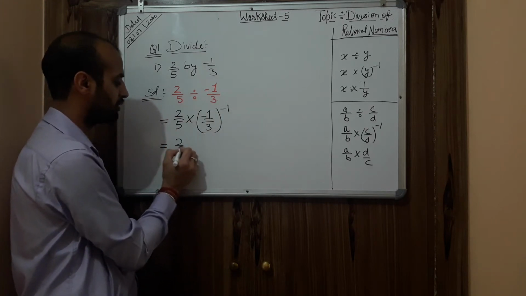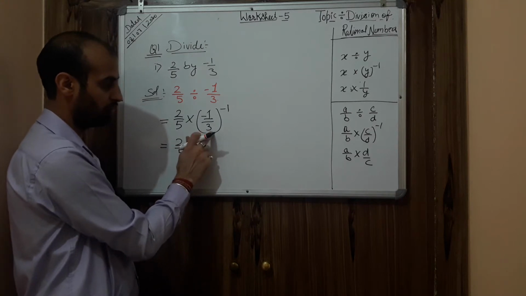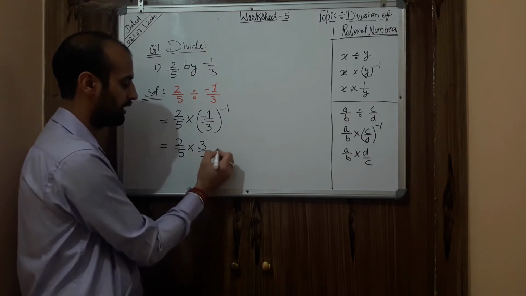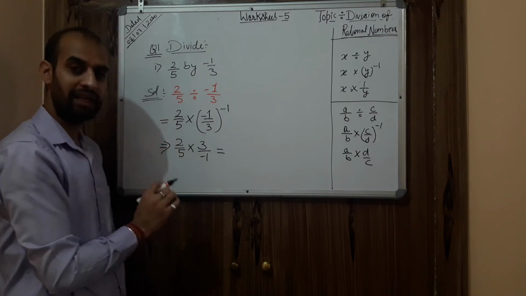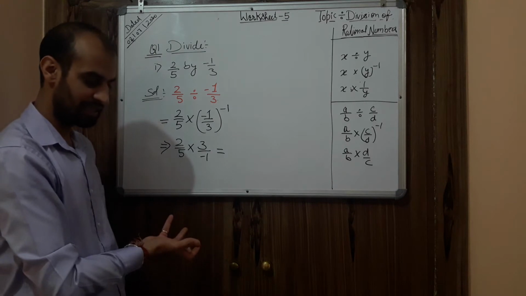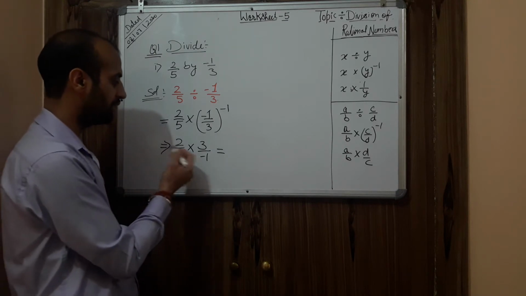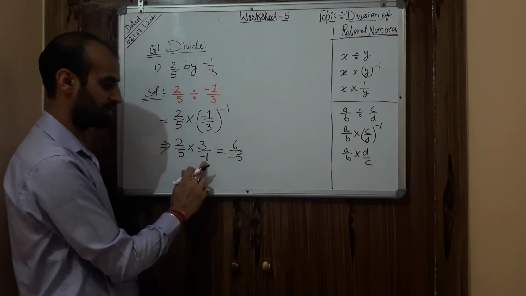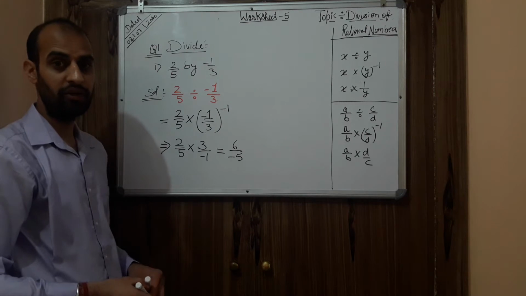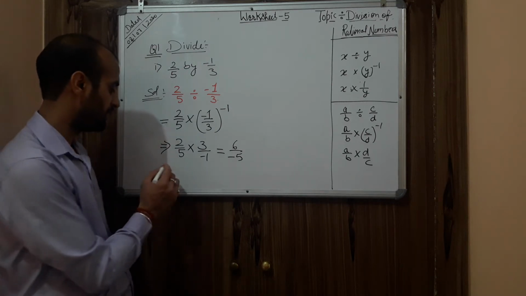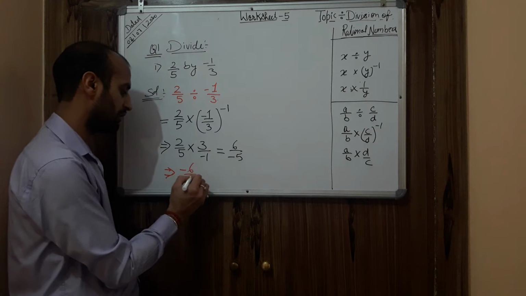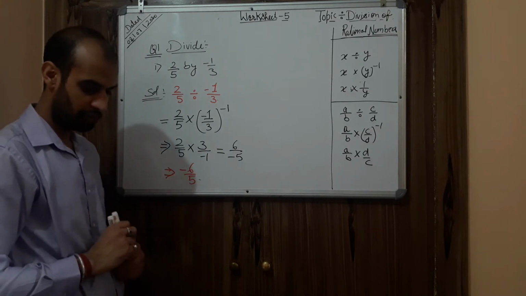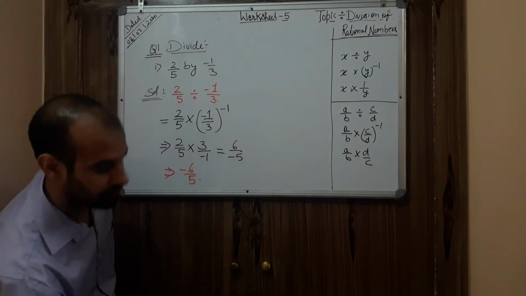After taking the reciprocal, numerator and denominator swap, so 3 will go up and minus 1 will go down. If anything can be cancelled out, cancel it. If nothing is cancelable, you can directly multiply: 3 times 2 is 6, 5 times 1 is 5, but with a minus sign. In general, we need to write the standard form: minus we need in the numerator, not in the denominator. So you can write minus 6 upon 5. This would be your final answer. I hope this is clear to you.